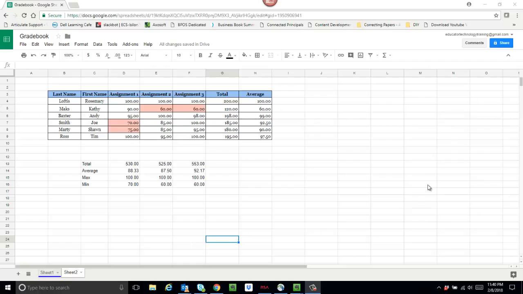In this video, we're going to look at how we can move columns and move rows. We're also going to look at how we can resize both the columns and rows. So to move a column, say I wanted to move the first name column in front